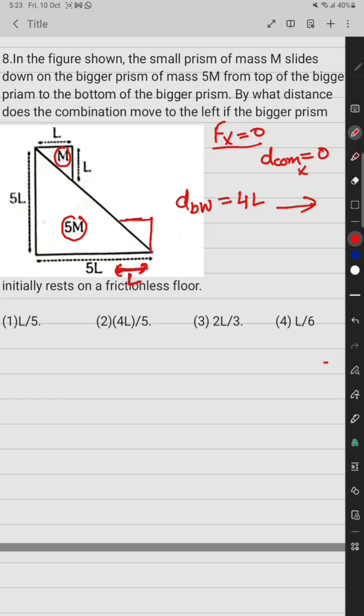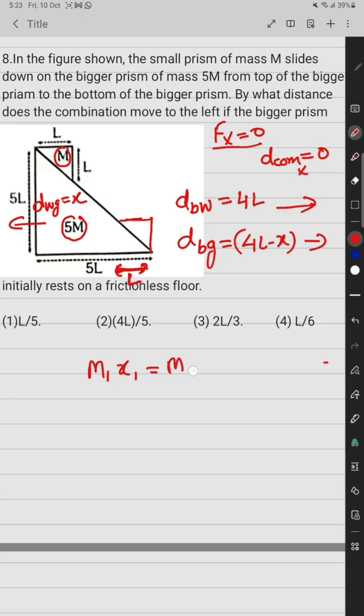Suppose the displacement of the wedge with respect to the ground is x, then the displacement of the block with respect to the ground is 4L minus x on the right-hand side. Then we can say m1x1 equals m2x2, one in the positive side and the second in the negative side. What is m1? M1 means it is 5m